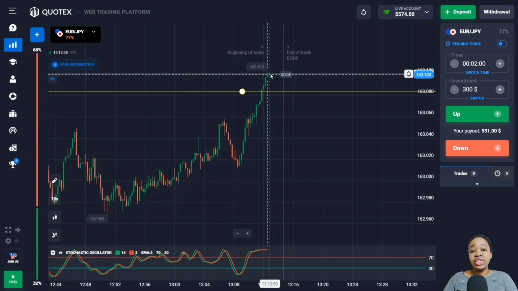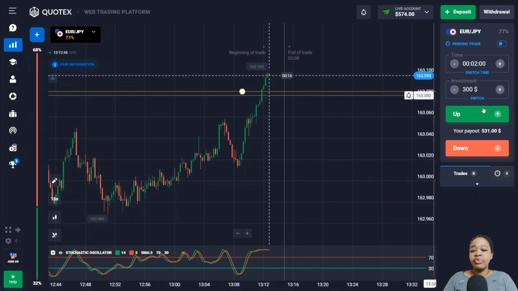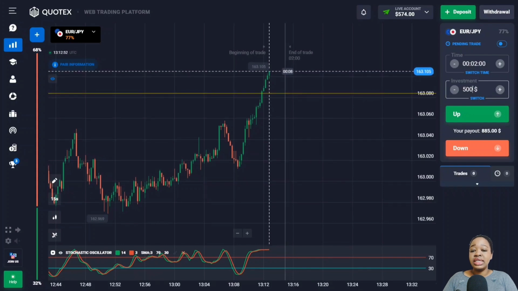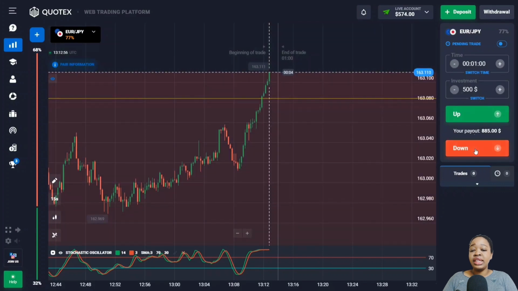So I decided to open the next trade here on the same currency pair after a while because I can see that the price has been moving up for a long time. The resistance level was broken through. In this case, I'm going to be opening a short trade for 1 minute. It's likely that in the near future, the price will fall in the correction zone and there'll be at least